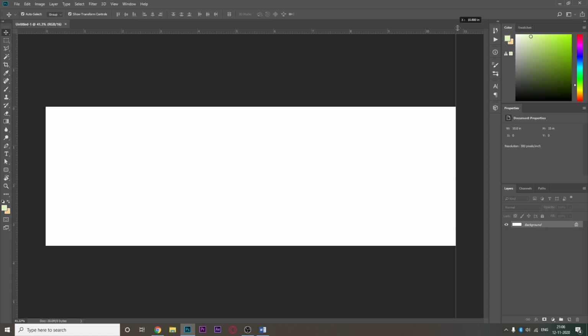10.8. Now let me see, I don't have a calculator here, but when you divide 10.8 by 3, you get 3.6, right? So now we want to make three posts, so we divide it into 3. So it was 3.6 here, and again, now you can go from here, or else you can also drag from here. But if you drag from here, it is a horizontal line, the y-axis, but I want it to be vertical. So I just press Alt and it flips it. So it's basically drag, Alt, and it shifts it.